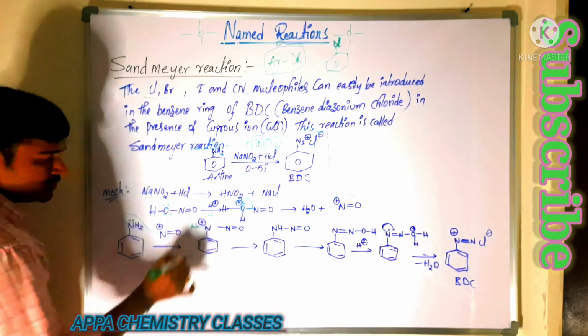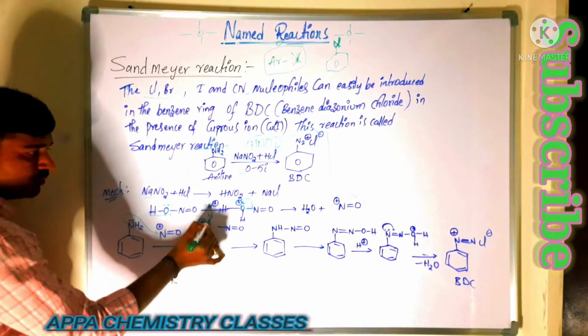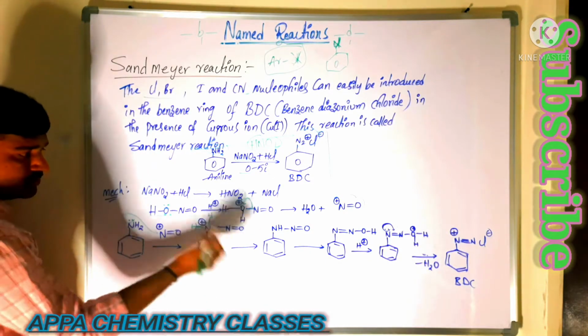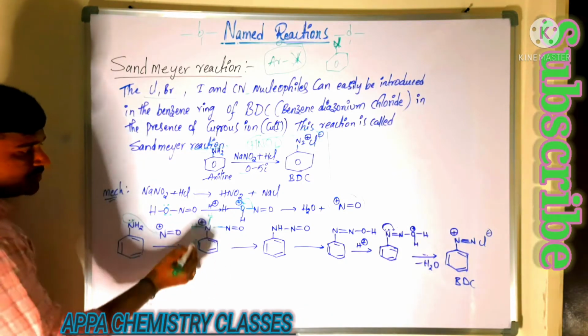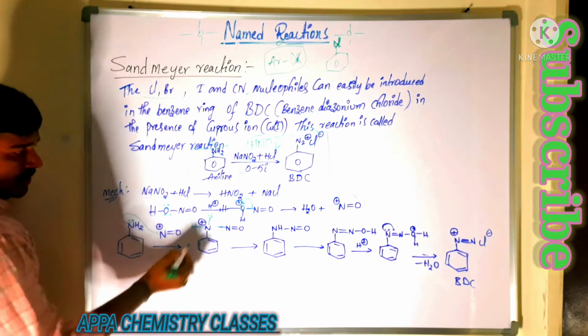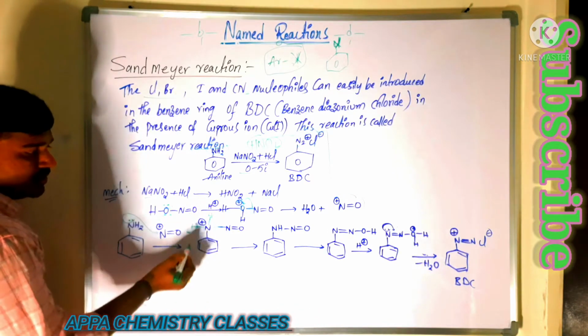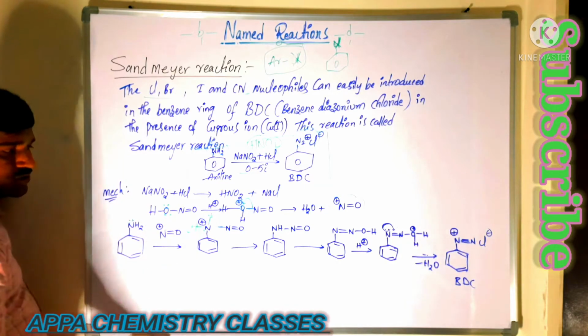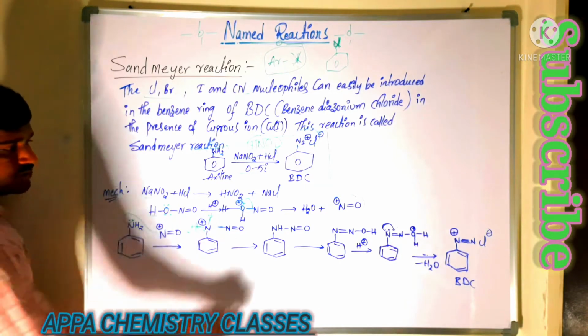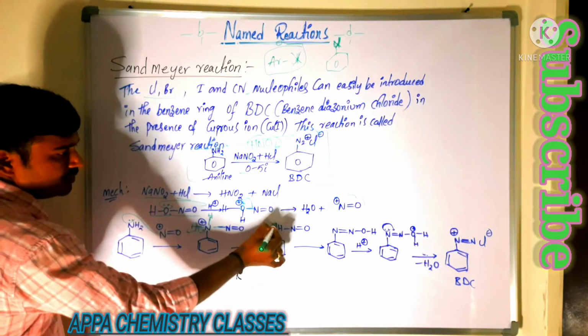2 hydrogens. A total of 4 bonds are there. And it is losing the electrons. So for that reason it gets the positive charge. Then what happens here? In this case, one of the hydrogens is lost as an H plus ion. This bond is shifted onto this nitrogen. Then the positive charge on the nitrogen is neutralized. There we are getting the water here.